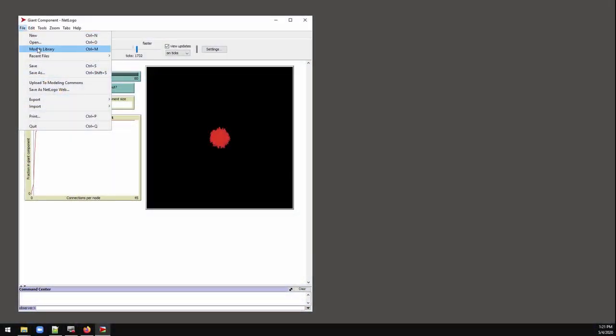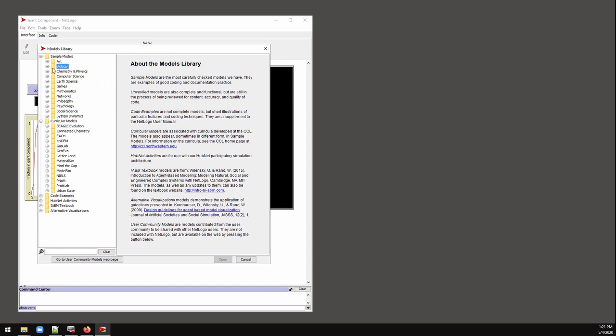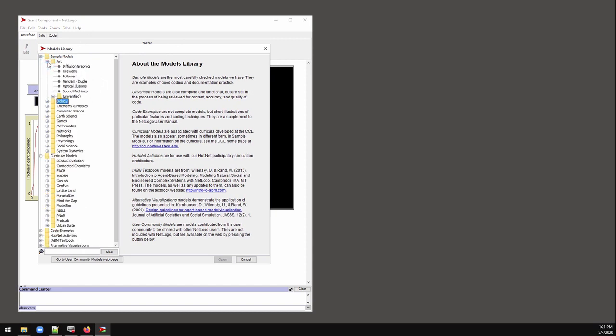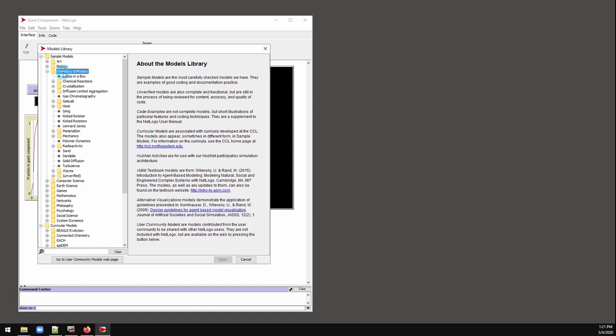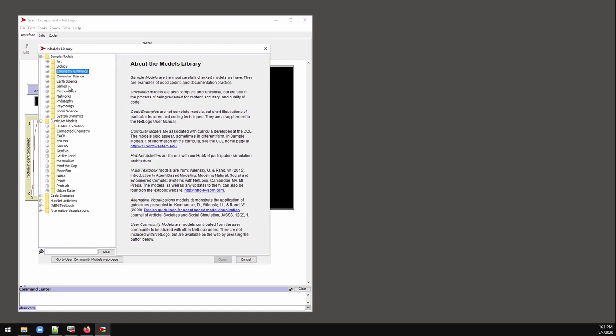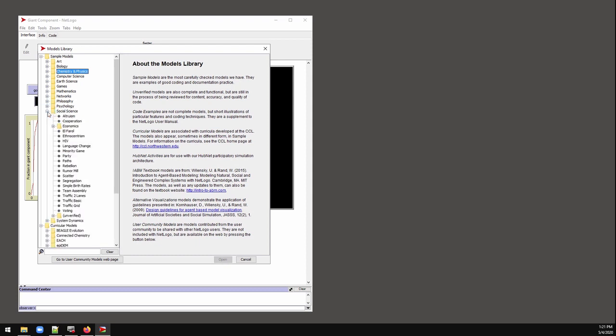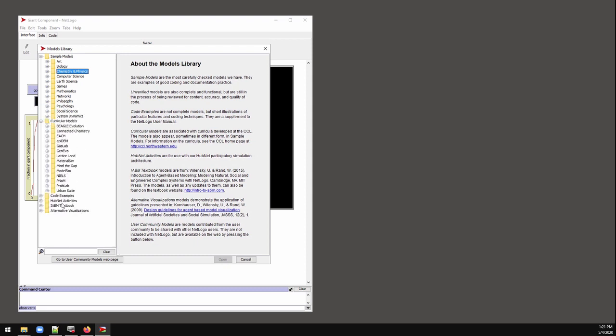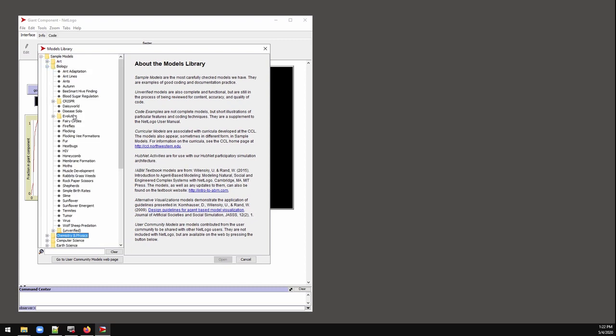Download NetLogo, look in the Models Library, and start poking around, whether it's in art, or biology, or chemistry, computer science, earth science, mathematics, psychology, social science. There are models here to learn from in all sorts of fabulous ways.